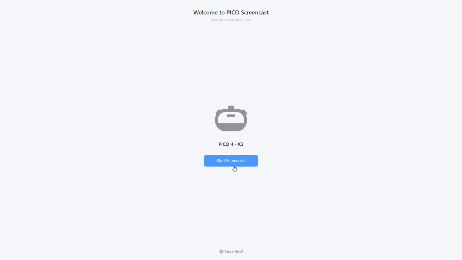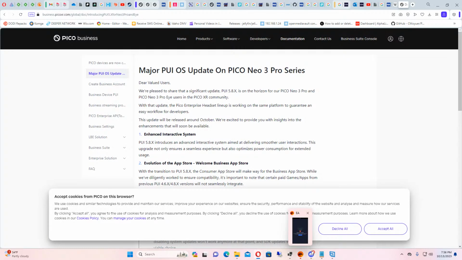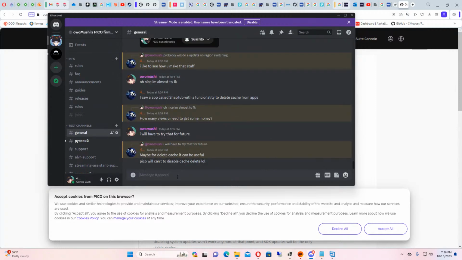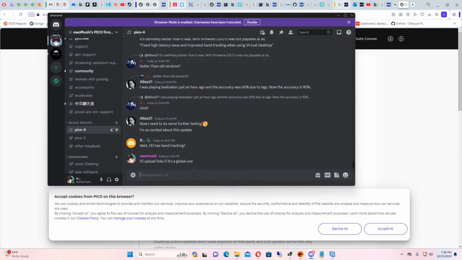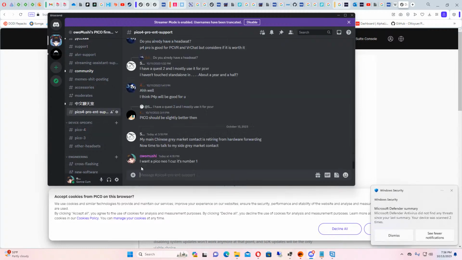Then I'm updating my Pico 4 right now. I want to see how much hand tracking improves with this update. It could be that this update is now perfect for those people, since it's a direct rip from China. So it might work with these people that have a global version. I'm going to go and tell people that this